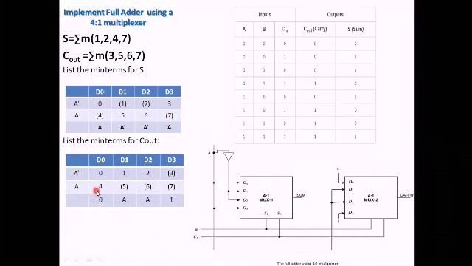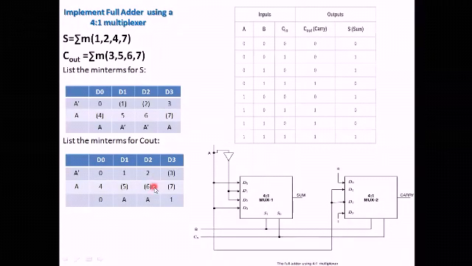Now see how we are writing these values. For the first two min terms, neither is present in the expression, so it is 0. Next, 5 is present, and since 5 corresponds to A, we have written A here. Next, 6 is present, and this 6 corresponds to A, so again it will be A here. And here both the min terms are present, so it is A plus A bar, that is 1. So the input values are 0, A, A and 1.